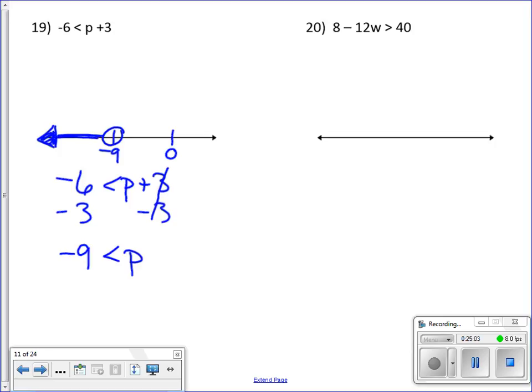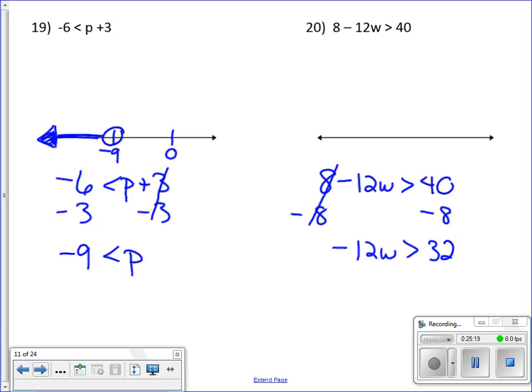On this one here, I need to get rid of the 8. So I'm going to have 8 minus 12w is greater than 40. So I'm going to minus 8 from both sides. I get negative 12w is greater than 32. I now need to divide both sides by negative 12. This cancels out. Again, I divided by a negative number. So my answer becomes w is less than, I need to switch my sign, and this is going to be negative